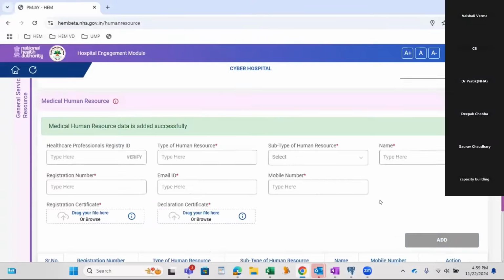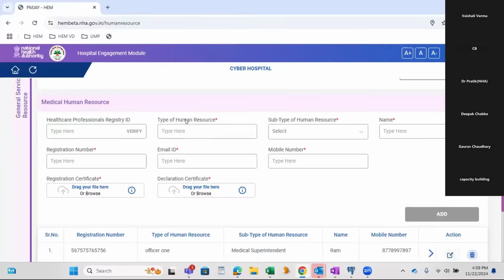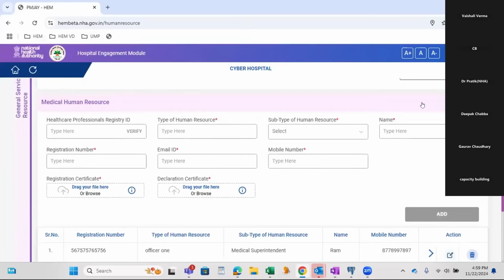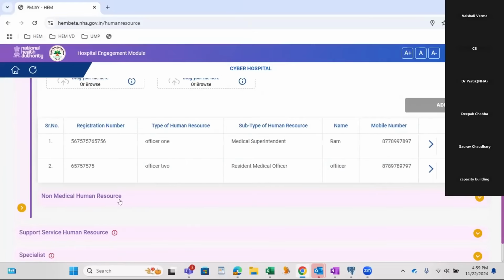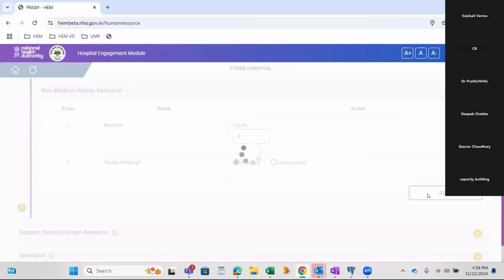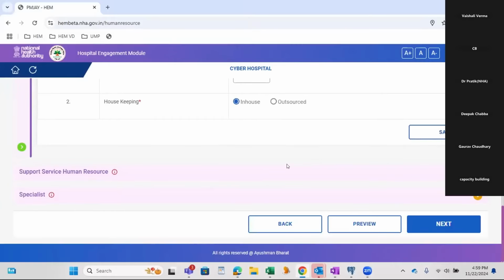Click on add. Since we have added the mandatory details, this eye icon is also removed and we can see the two entries added in this section. Now in the non-medical human resource section, we will enter the medical field and click on save. Again, the save message is successful.